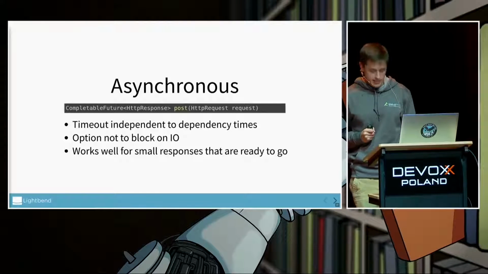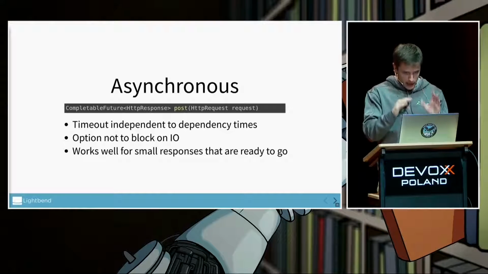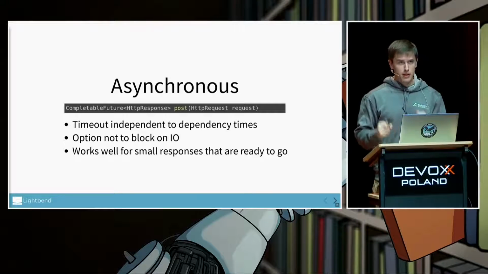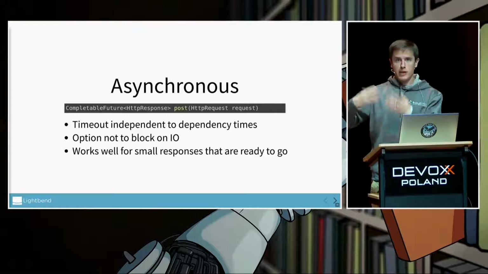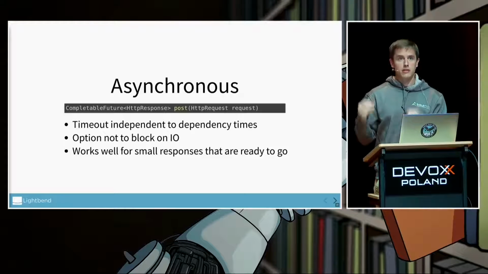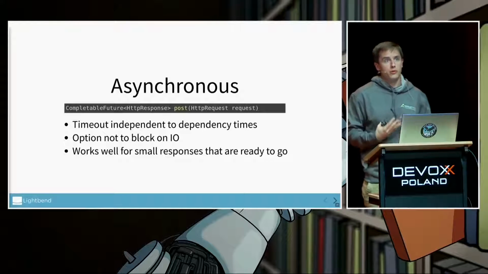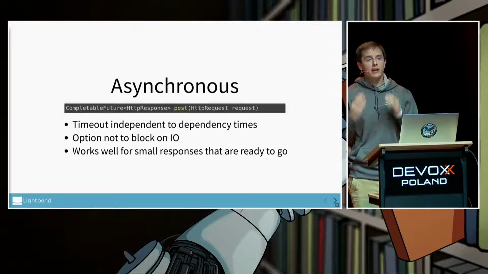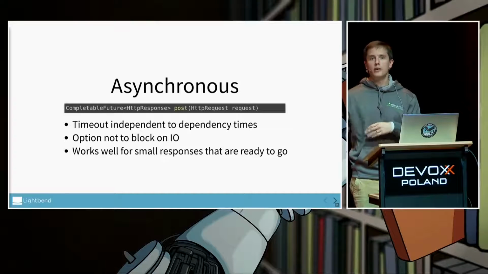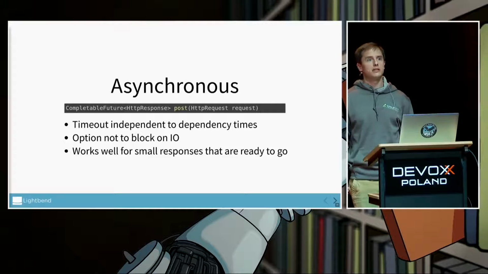The first is, what you're planning to do when implementing this post method is to quickly build up a recipe for the response, rather than actually doing the work, and then return it to your web framework or your web library. And then the library can put a callback on that and decide when to actually send the response back to the user.